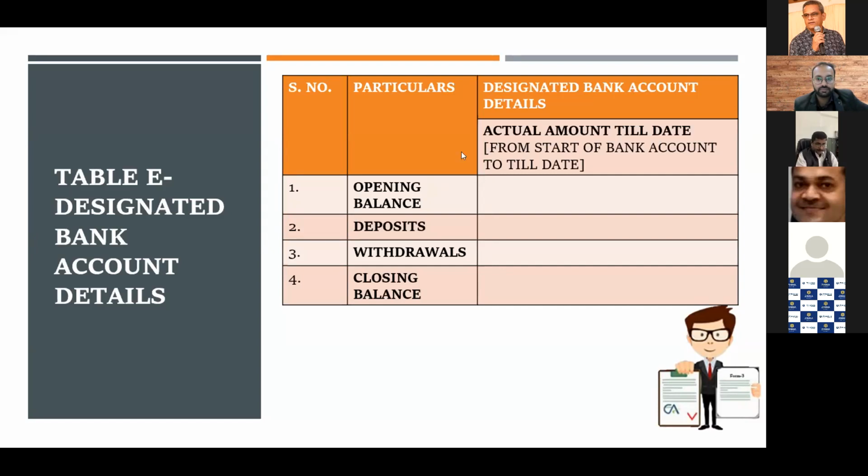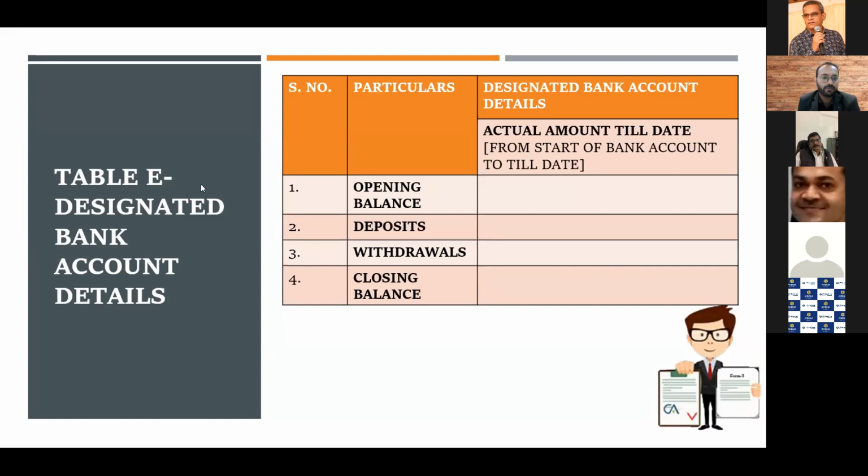The query of Saket was whether Form 3 is cumulative, quarter-wise or year-wise. It is based on the limit. Since the bank summary should be till date, from July 2017 to March 21, for example, and then if I am giving for December 21, again July 17 to December 21. Yes, we have to give the total picture: what is the closing balance. It is cumulative, because it is the actual amount till date of that particular certificate.